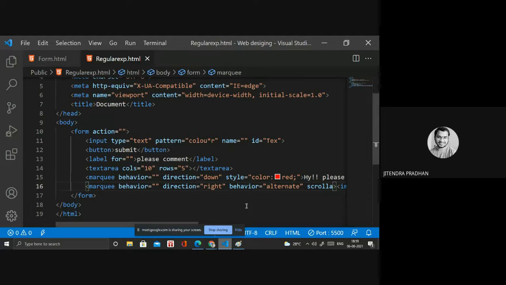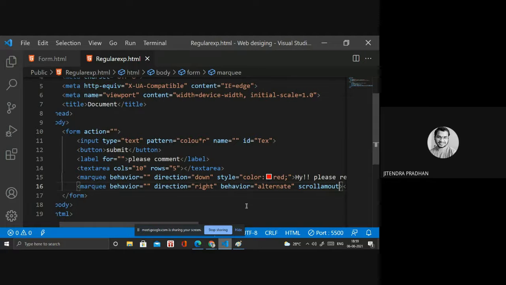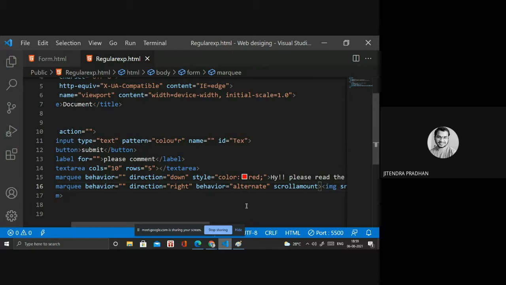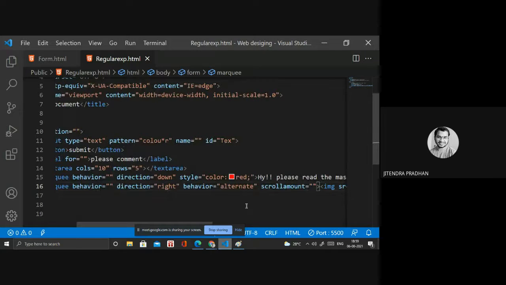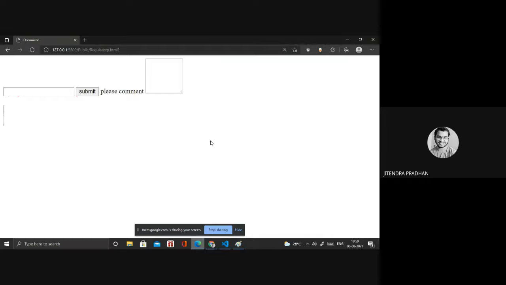Scroll amount. AMOUNT means how many times I want it to scroll. I need 10 times. Let's see if it is happening or not. Okay, it's not happening. Okay.